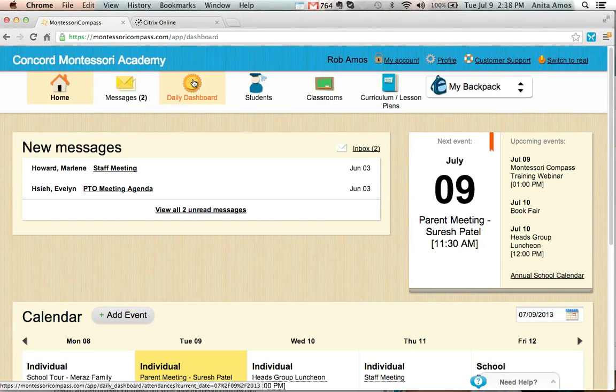And I think there's a lot of benefits, really an intangible benefit, to keeping everything under one roof, having one centralized location where the parents know that when they want to interact with the school, whether it's 2 o'clock in the morning on their smartphone, or they're sitting at the dinner table and a Montessori Compass update comes in, they know where to go to get any information they need from the school.